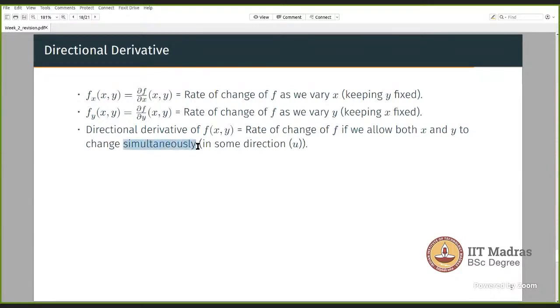Now, how do we tell how much we want to move in the direction of x and how much in the direction of y, because that may not be equal, right? This directional derivative gives us the capability of moving with variable extents in the given two directions of x and y. So how do we convey that direction? That is done by giving a vector u. This is basically a unit vector that tells us how much you should move in x's direction and how much in y's direction to get the directional derivative of the function.